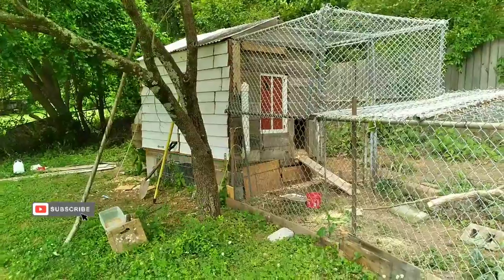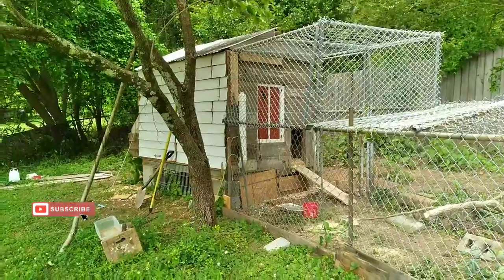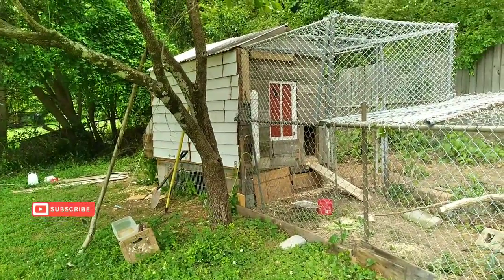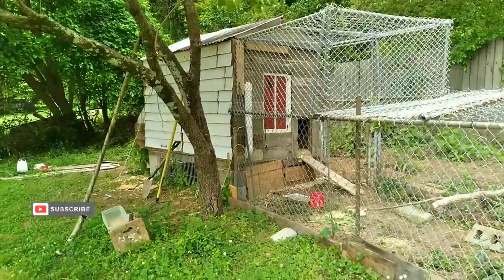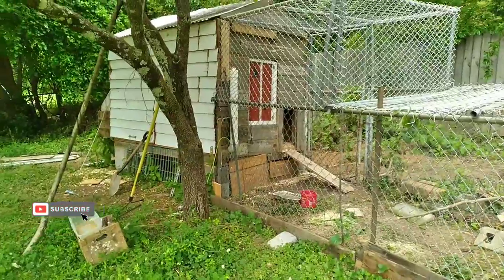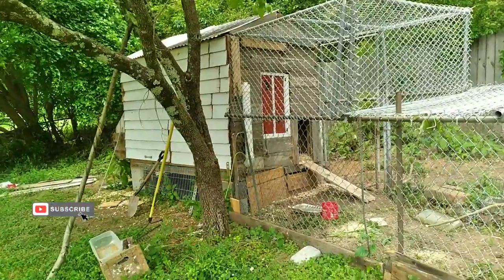I figured I'd do a video about the chicken coop I made and how I made it and how I came up with it all. Maybe this will help somebody else that's wanting to do a chicken coop but thinks that they don't have the money in order to do it. And the way I did it takes a little bit longer to build